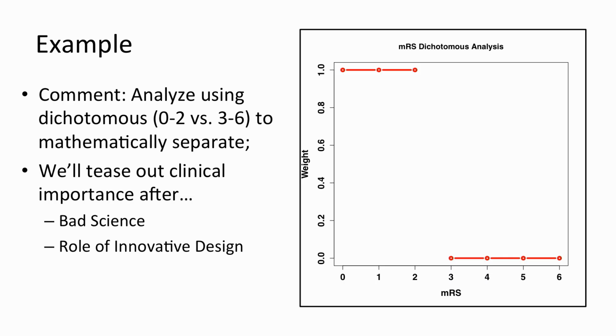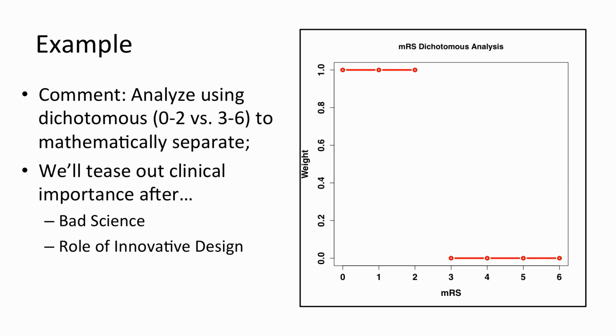The question comes up about how do we analyze this? What is the statistical analysis of this particular endpoint? And there are a number of different ways to analyze this. We had a particular trial where this was the endpoint, and the comment was made that let's analyze it where we lump in 0, 1, and 2 as one particular dichotomous category, and then 3, 4, 5, 6 as a separate. And so we dichotomize it.